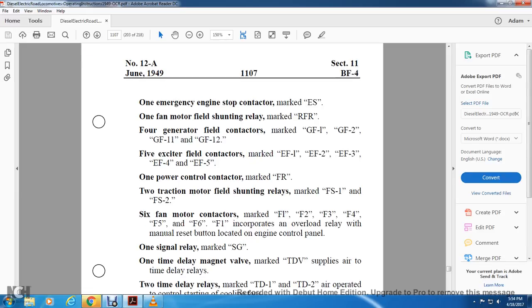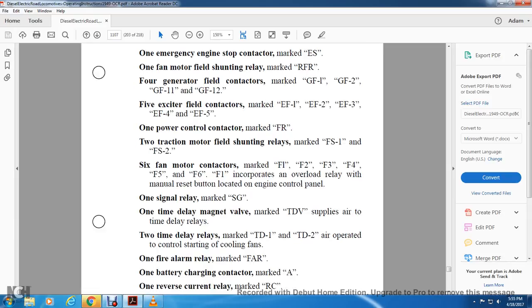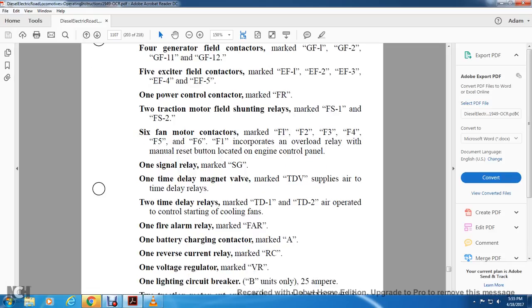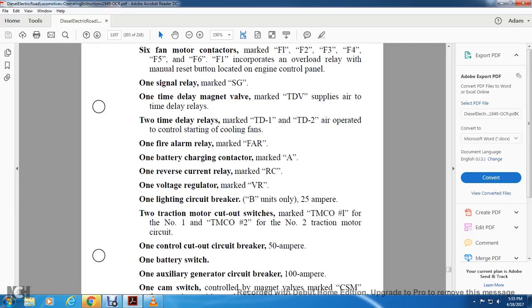One signal relay marked SG. One time delay magnet valve marked DTV supplies air to the time delay relays. Two time delay relays marked TD1 and TD2 are operated with the control circuit for the cooling fans. One fire alarm relay marked FIR01, battery charging contactor marked A, one reverse contact relay marked RC, one voltage relay marked RVR, one light circuit breaker marked B on the units only with 25 amps, two traction motor cutout switches marked TMC number 1 for the number 1 traction motor circuit and TMC number 2 for the number 2 traction motor circuit, one control cutout circuit breaker 50 amperes, one battery switch, one auxiliary generator circuit breaker 100 amperes,